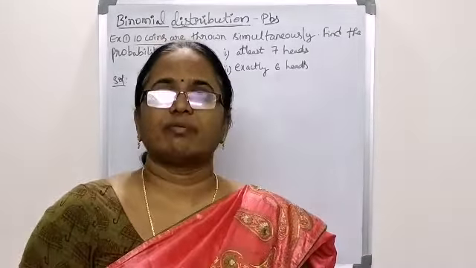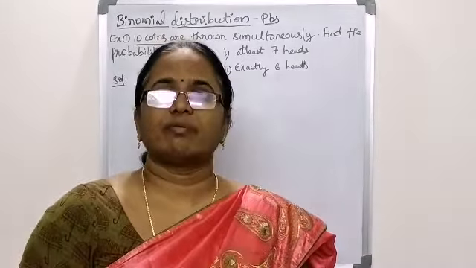From the coin throw experiment, what is the probability of getting 1 head? There are 2 total possible cases, maybe tail or head may come up, and out of which how many are favorable? Only 1. So we have 1 by 2 as the probability of getting 1 head, denoted by p. So p is equal to 1 by 2. Because p is 1 by 2, q is equal to 1 minus p, 1 minus 1 by 2, which is also 1 by 2. So we have n equal to 10, p equal to 1 by 2 and q also equal to 1 by 2.